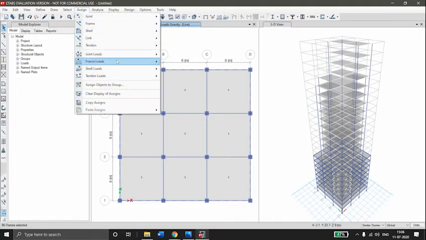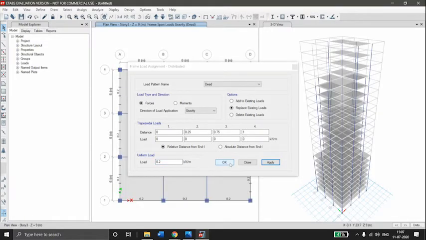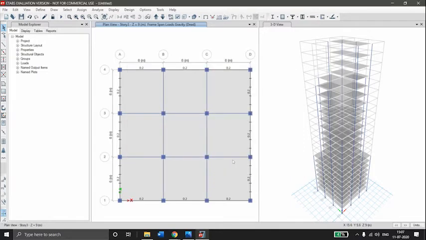Go to assign frame loads distributed, uniform load form 2, apply and OK. Go to story 9. Select external beams.